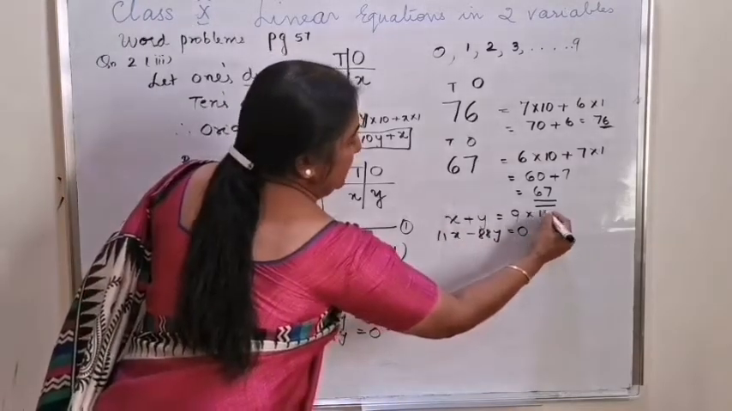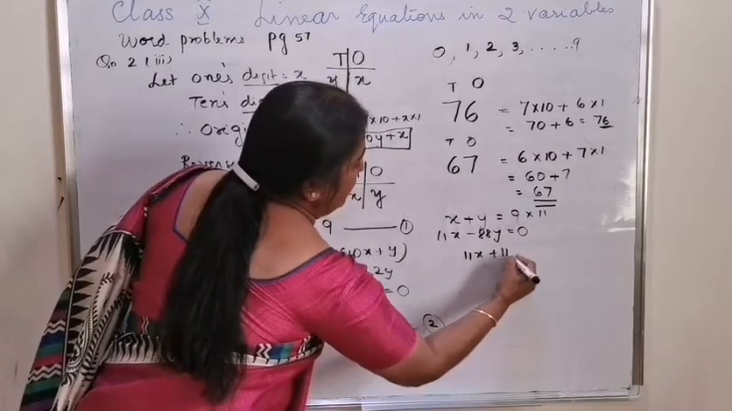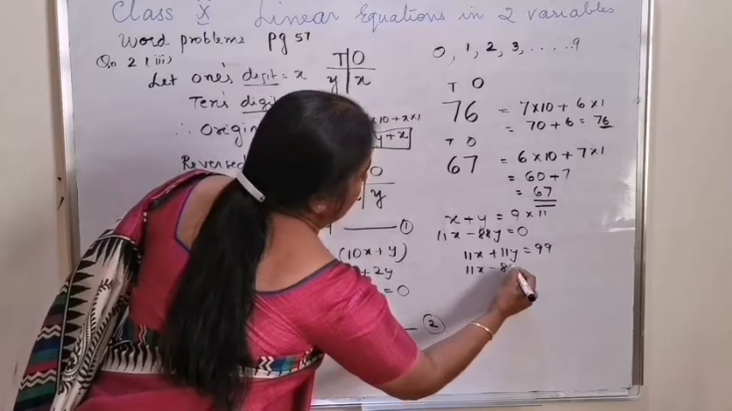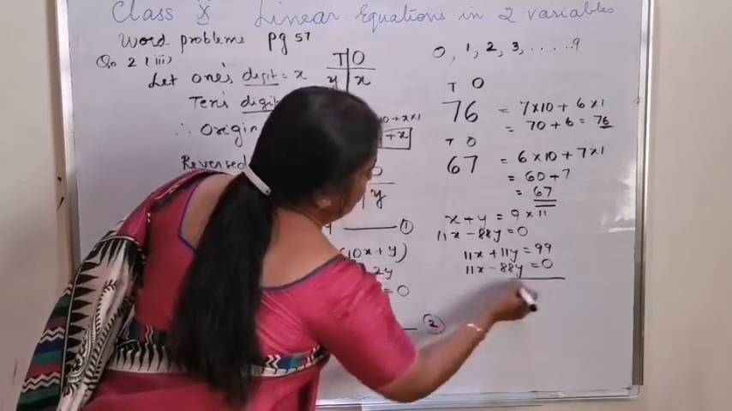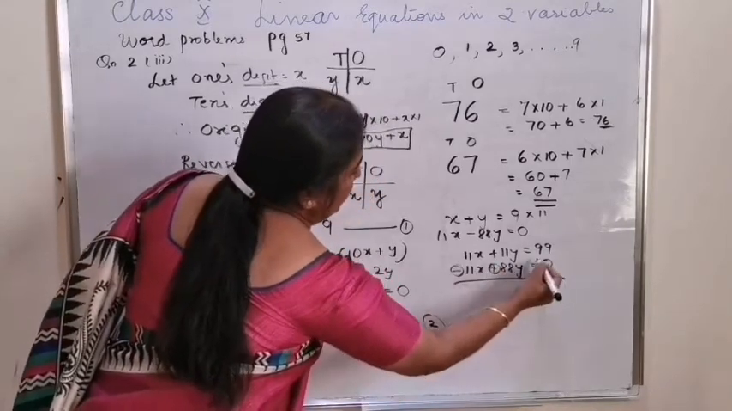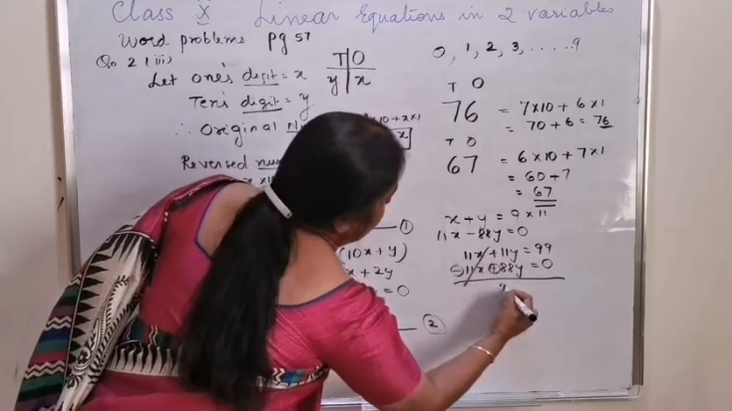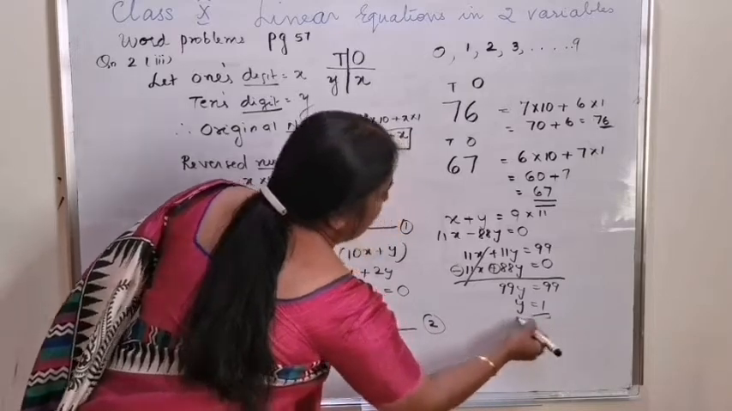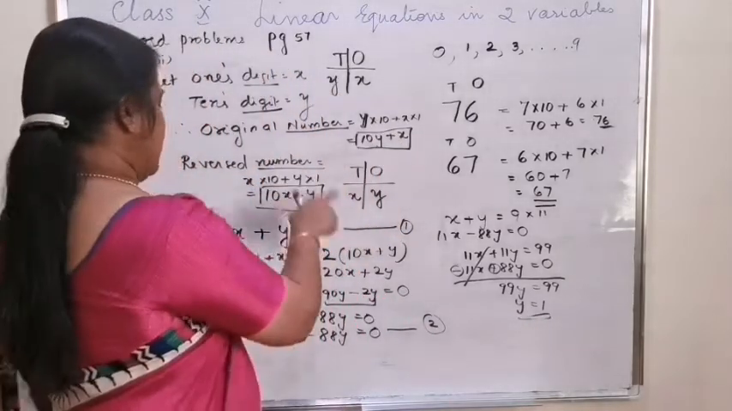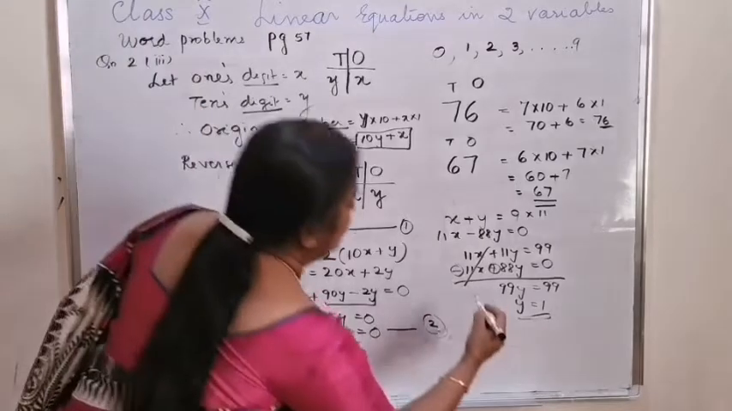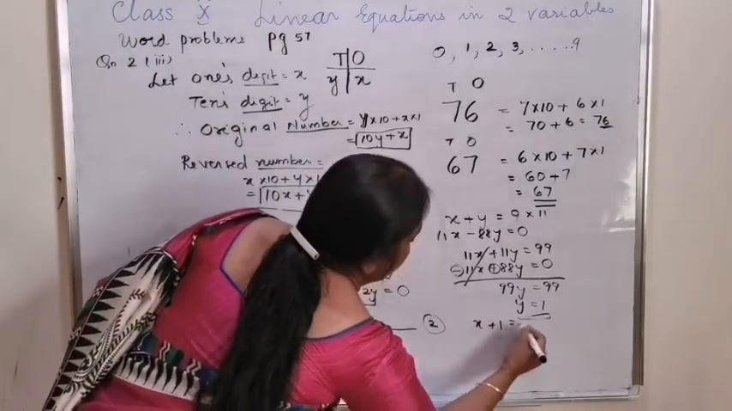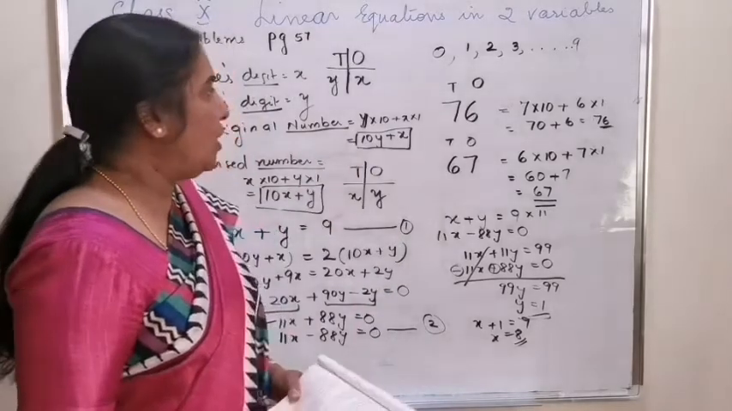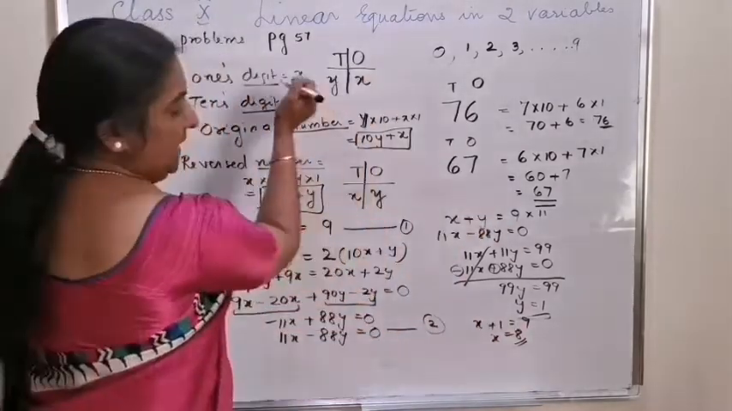Multiplying the first equation with 11, 11x plus 11y is equal to 99. 11x minus 88y is equal to 0. Subtracting, you are getting 99y is equal to 99, or y value is 1. Substituting in the first equation here, x plus 1 is equal to 9, or x is equal to 8. So you got the values of x and y,